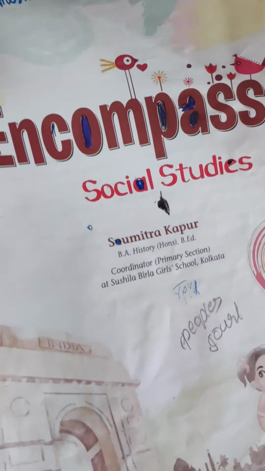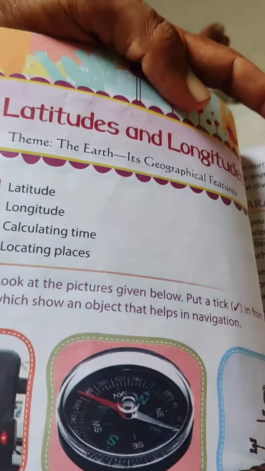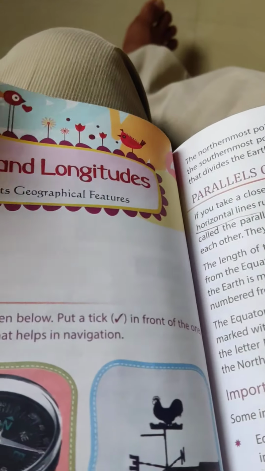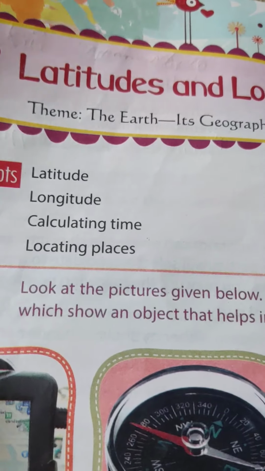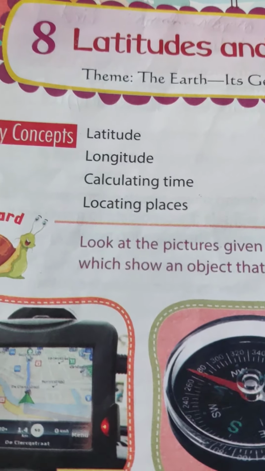Now I'm just going to go directly to the chapter that Anusha gave Sidhu to study today and answer a bunch of questions. Simple, right? Study this chapter, answer some questions. Looks very simple, right? So the chapter is latitudes and longitudes. This is for fifth standard, right? So if it is applicable for you, please continue watching.